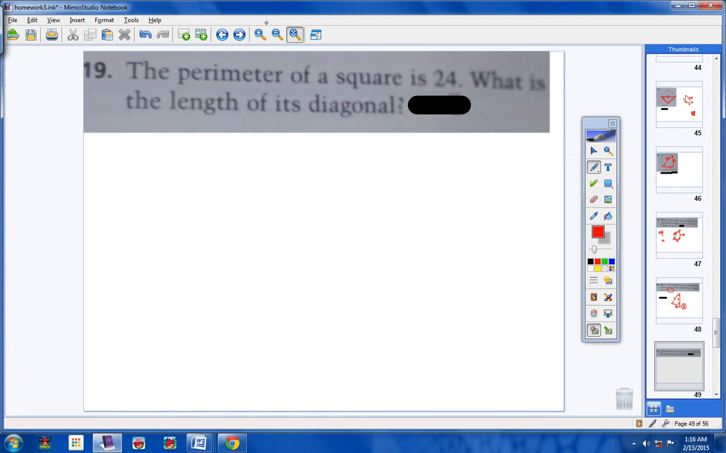The perimeter of a square is 24. Find the length of the diagonal. Okay, here's my square, 90 degrees. Here's my diagonal, that's my x. Now, the perimeter is 24. That means each side of